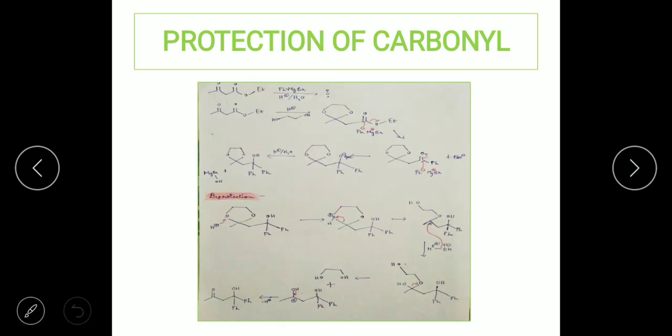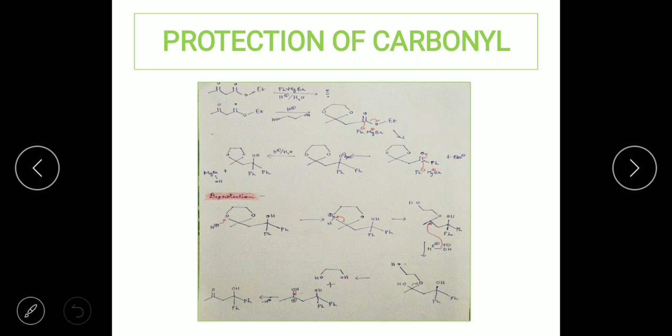Now let us take one example. Here we have a compound in which there is a ketone and also an ester. Here we don't want the ketone to react. We know ketone is highly reactive, and we don't want the ketone to react, and we want the ester to react with the Grignard reagent. So how is this going to be possible? The first step would be the reaction of this compound with the diol. A glycol is going to react with the ketone, and this is going to happen in the acidic medium.